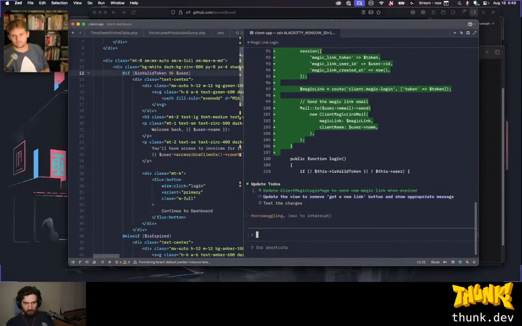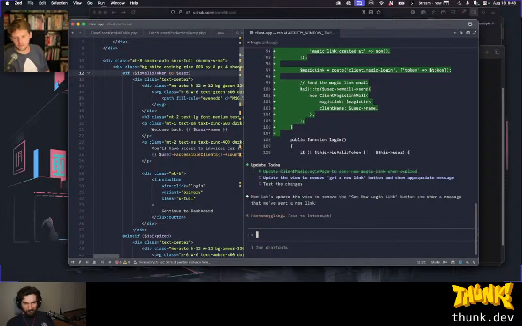Hornswoggling. They're trying to be cute. Yeah, I don't like that they're animating the text like that either. I actually kind of like that, but